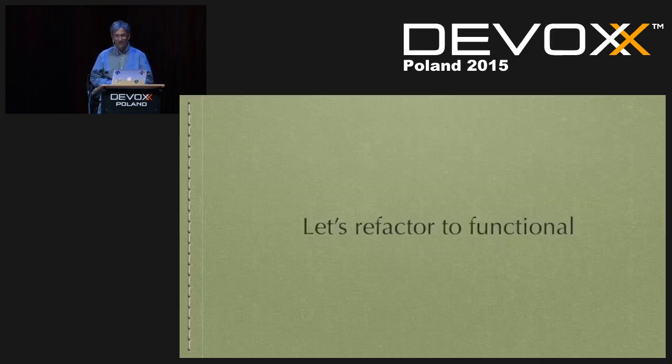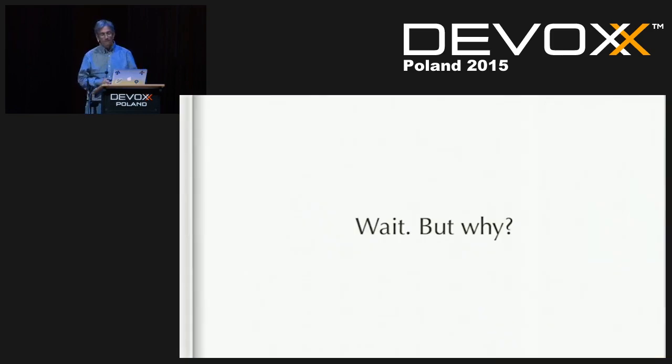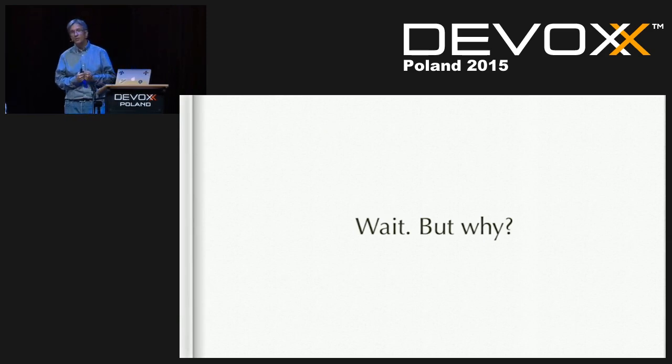So let's go ahead and refactor to functional. But before we do that, and this is a question that I ask myself a lot, why? Have you all heard of the 5 whys? In Agile, they told you that when a customer asks for a feature, you say why? And they say, well, because I want it, and you're like, why? And you constantly ask this until they get annoyed and leave.